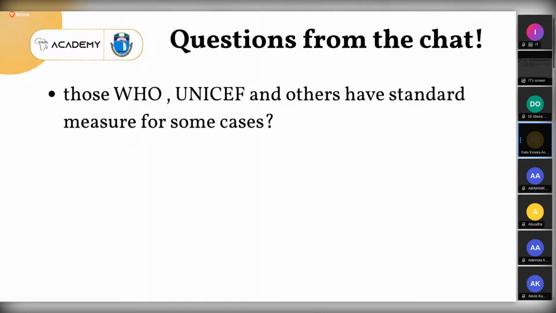So most times I notice in the undergraduate, they may allow you to just go. But when you now want to publish that work, that's where the validation will come in. They will want to know, how did you validate that tool to ensure that it is measuring what you want it to measure? That's what validation is all about. Whatever question you're asking, whatever thing you want to measure, is that what the tool is measuring? That's what validation is all about.